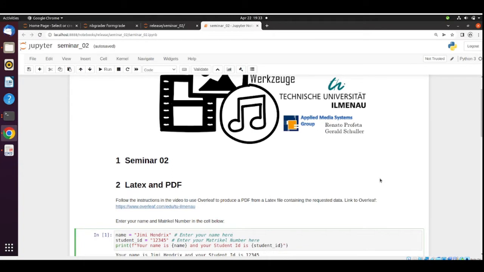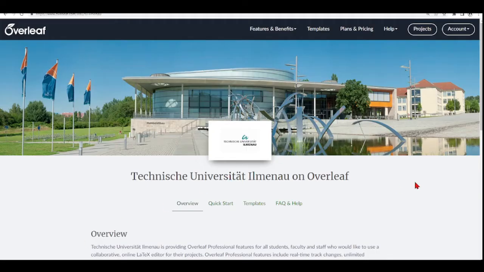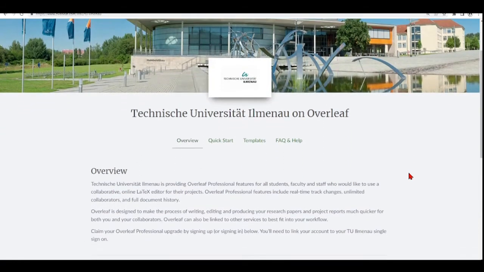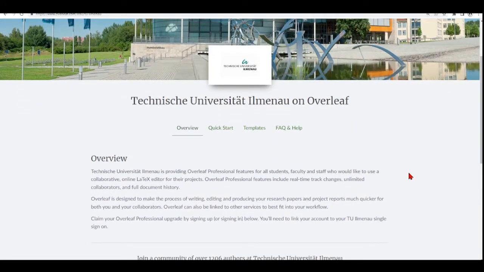There are many LaTeX editors out there that produce LaTeX files and also PDFs, but we're going to use Overleaf, which is an online tool, and TU Ilmenau offers access to Overleaf to its students. So when you click on this link here, you will get to this page, and TU Ilmenau is providing Overleaf professional features for all students, faculty and staff who would like to use the online LaTeX editor for